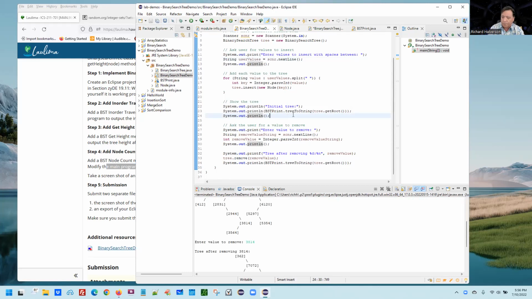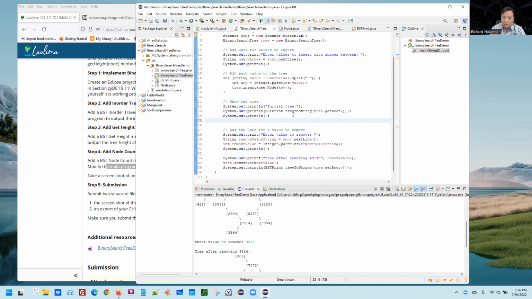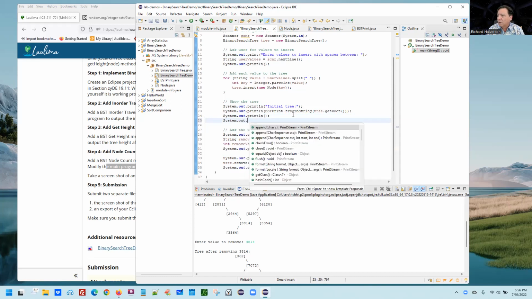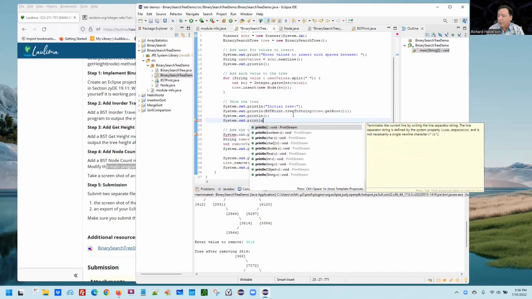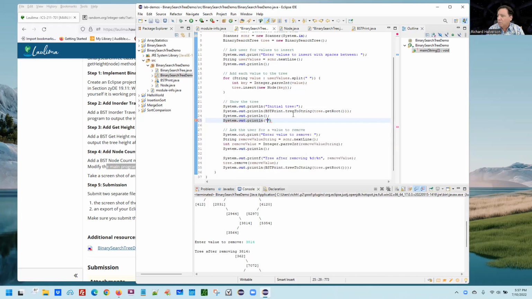Okay, system out println, in order traversal, plus,